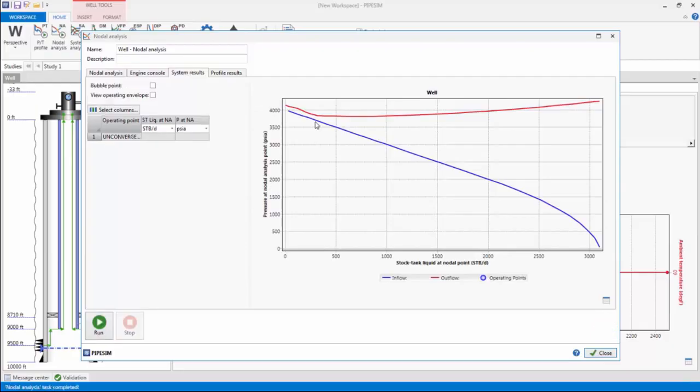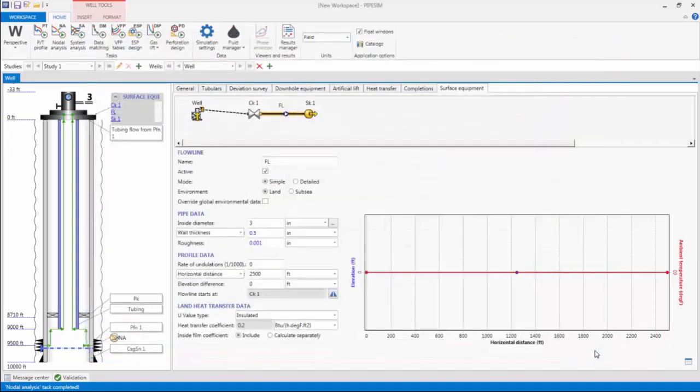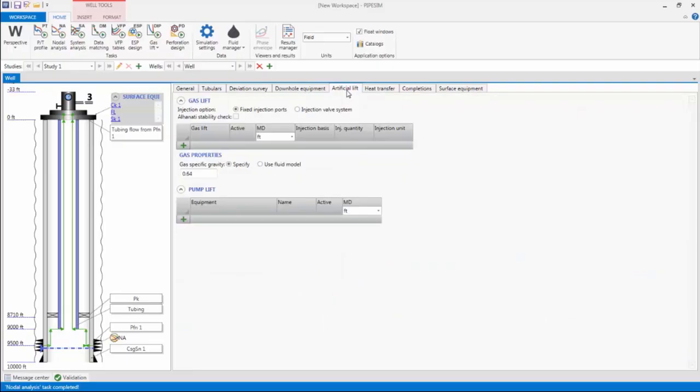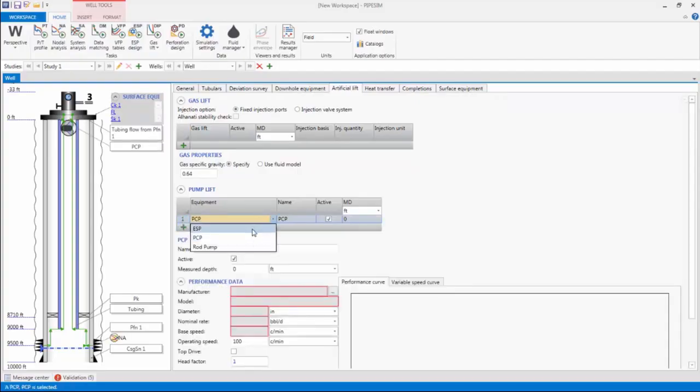We will now examine the option of installing an ESP to maintain well production when reservoir performance declines. I can choose to add a specific ESP to the well in the Artificial Lift tab, or do a proper ESP design using the ESP design task, which involves running the design to select the appropriate ESP to deliver my target flow rate, taking into account constraints such as the casing inside diameter. I will choose the former option and add an ESP at